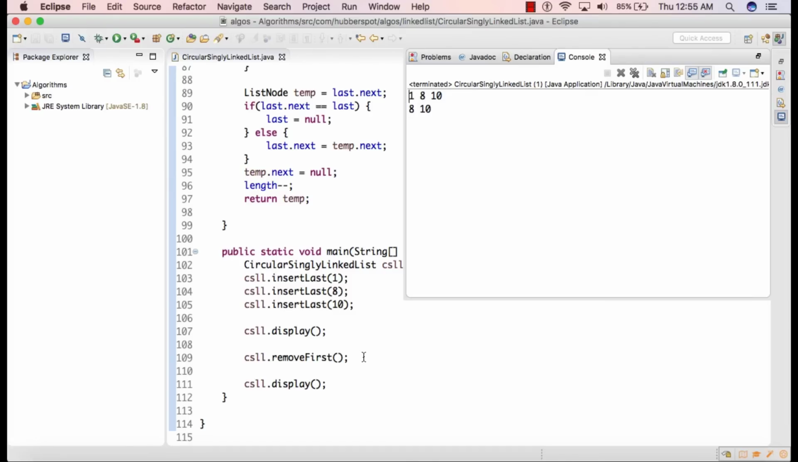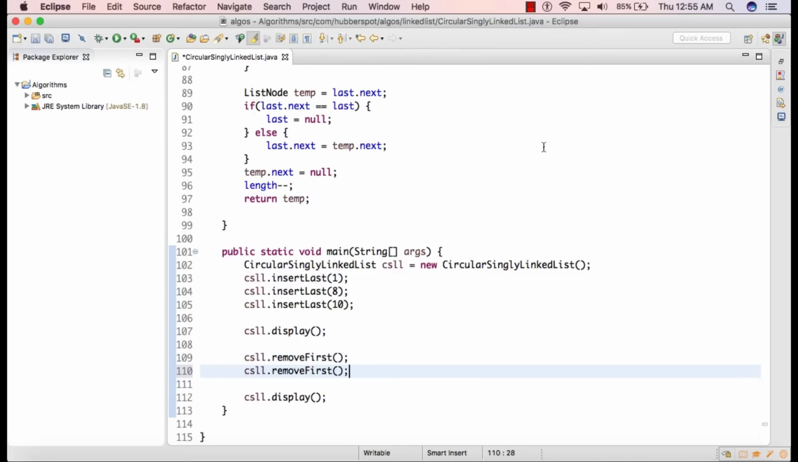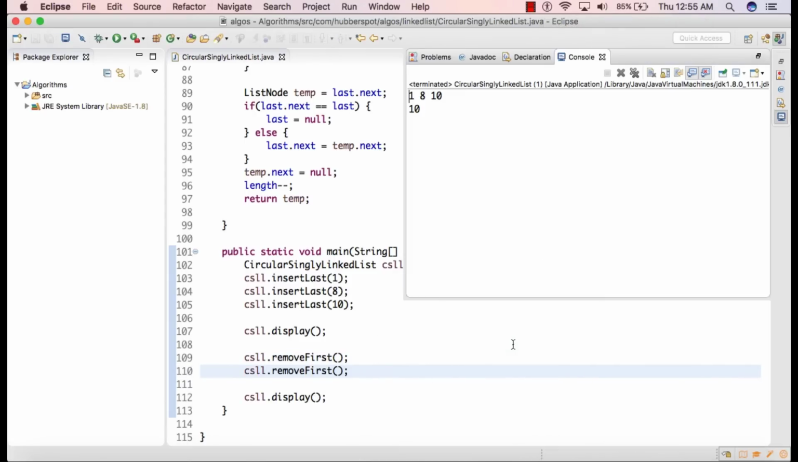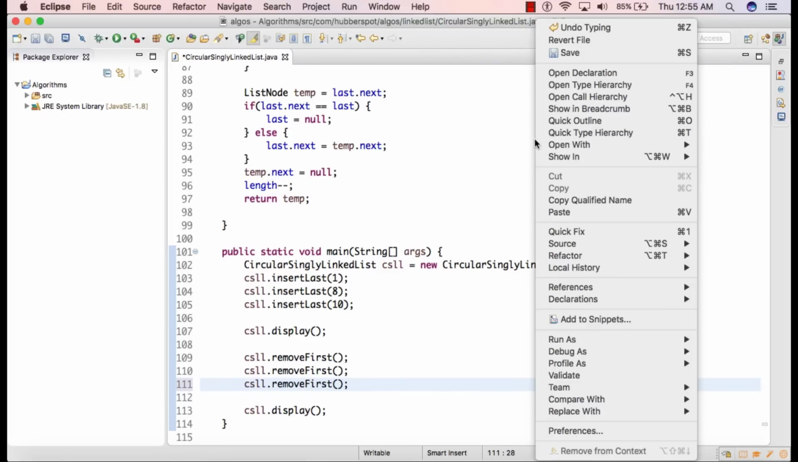Now let's say I again call the remove first method. And if I run the code now, you can see it removed 1 and then it removed 8 and it finally printed 10. And if I call remove first again, and if I run the code,